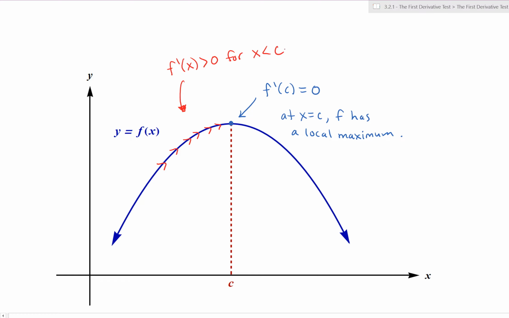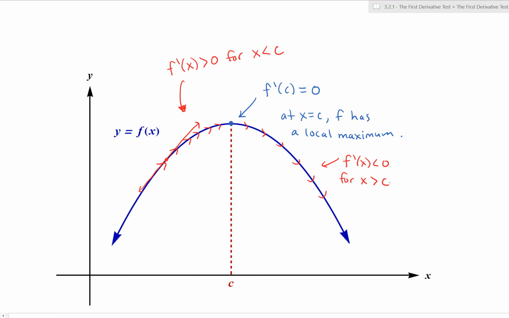All my tangent lines over there are going to have positive slopes. And then as we pass through c, the derivative is 0, and now to the right of x equals c, the function is decreasing. And hence over here, f prime of x is going to be negative,